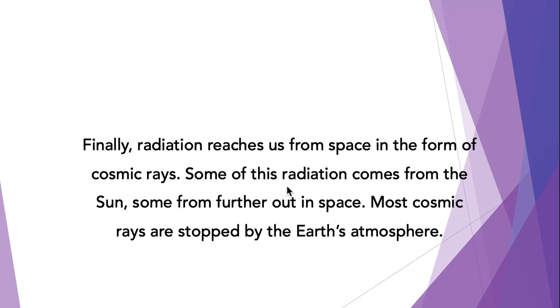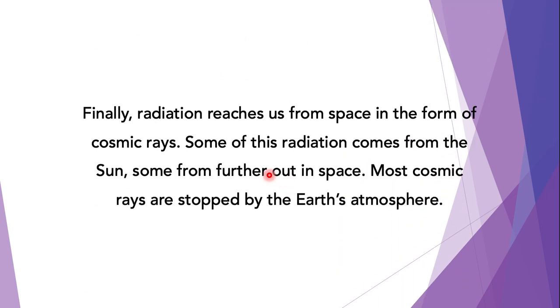Finally, radiation reaches us from space in the form of cosmic rays. Some of this radiation comes from the sun, some from further out in space. But thankfully, most cosmic rays are stopped by the Earth's atmosphere. If you live up a mountain, then you will be exposed to more radiation from this source because you're closer